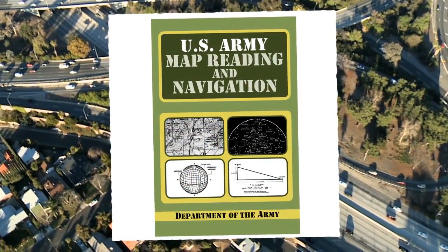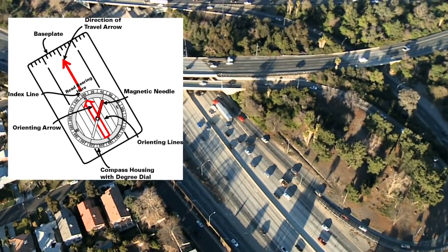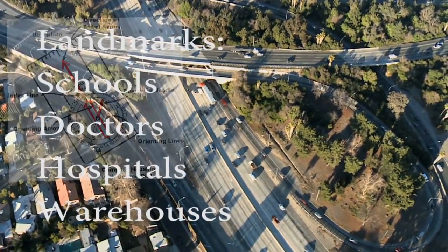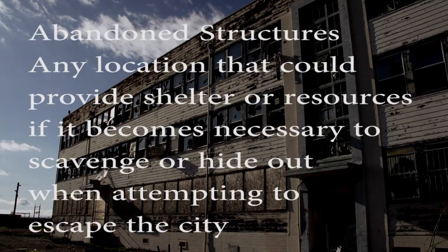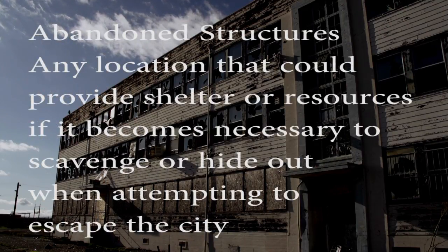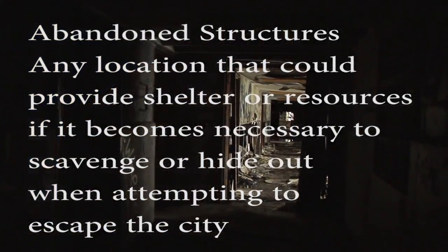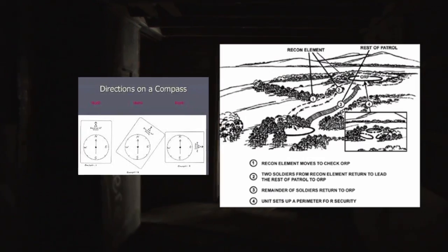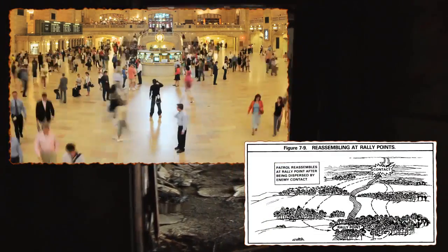Mark important landmarks and locations on your map, places such as stores that can be used to scavenge for supplies or weapons, landmarks like parks and bodies of water, warehouses or large buildings that can be used for shelter, food storage warehouses, police stations, fire departments, schools, hospitals, doctors. Knowing where locations like these are can benefit you. First, you'll have several options for gathering supplies and shelter,